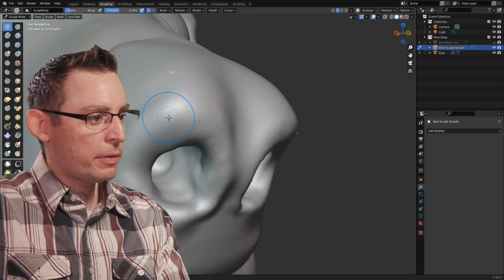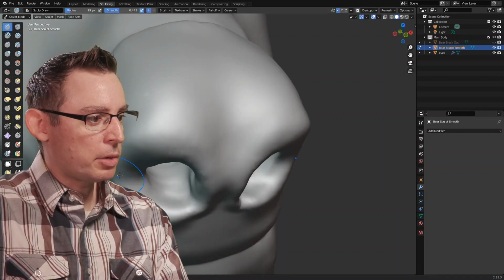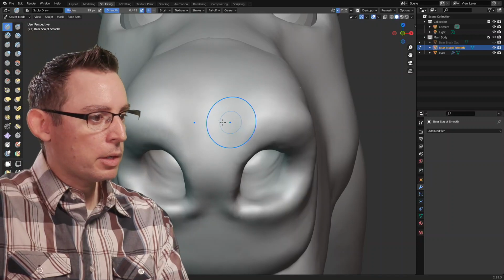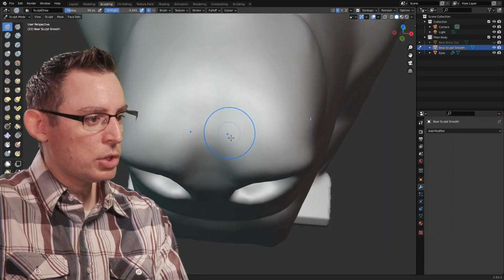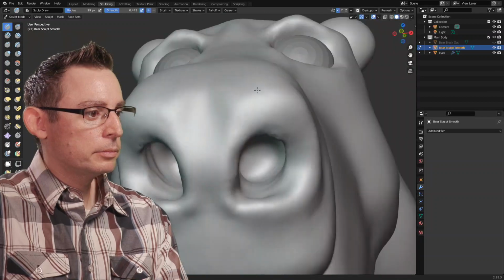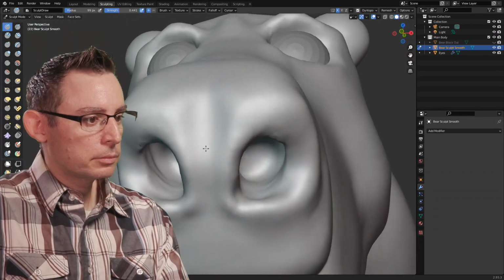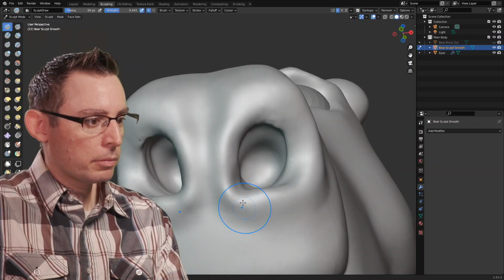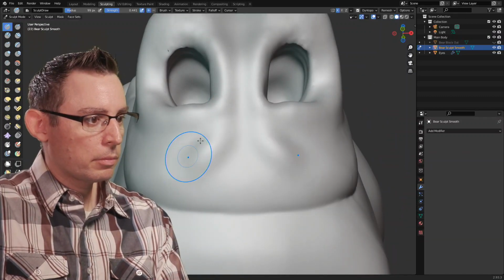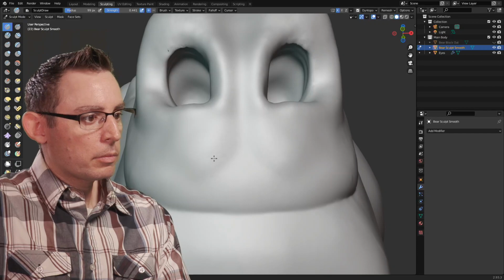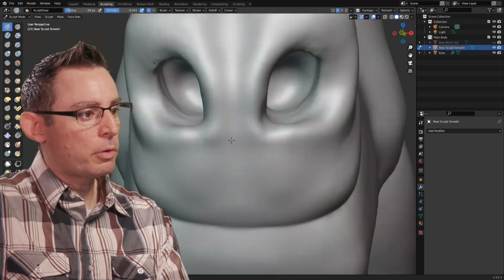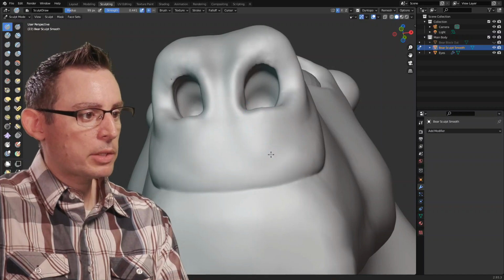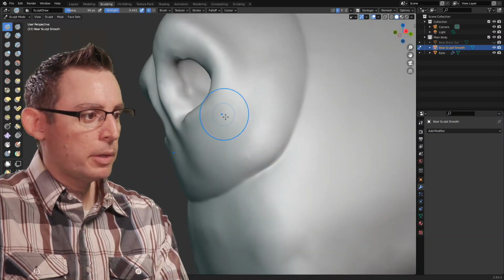Trying to get myself into the mindset of the object that I'm sculpting. How does a bear use its nose? It's an interesting question, isn't it? And smooth out some of the forms I just created. Oops, forgot to hold down the Shift key and destroyed something.